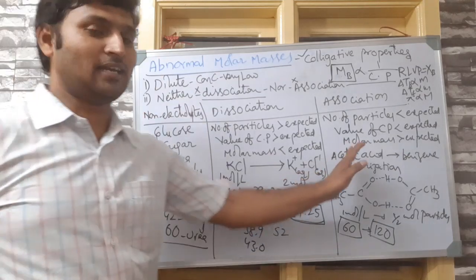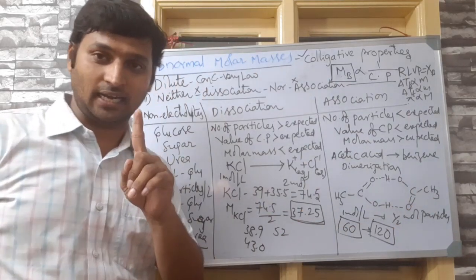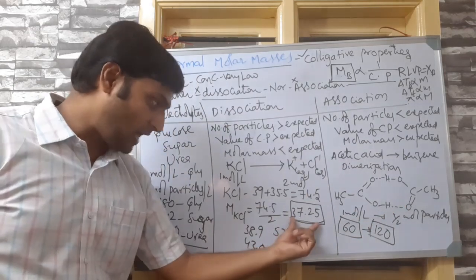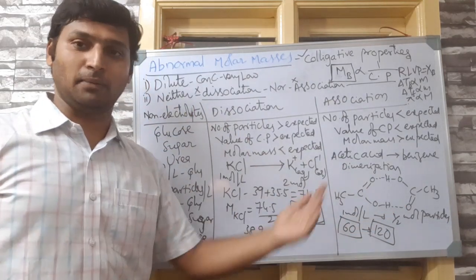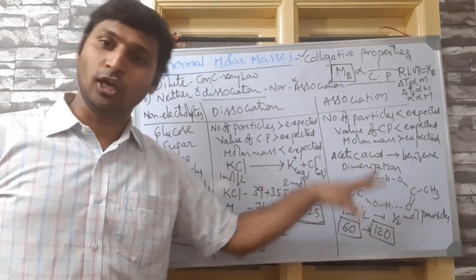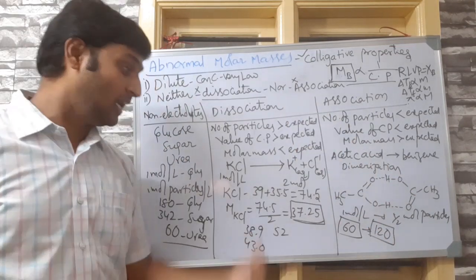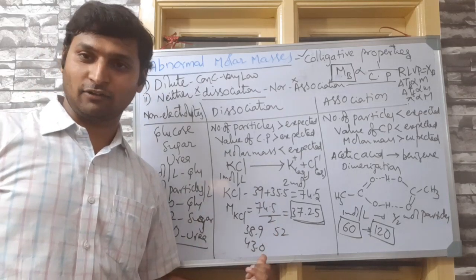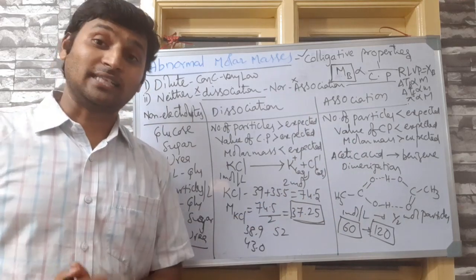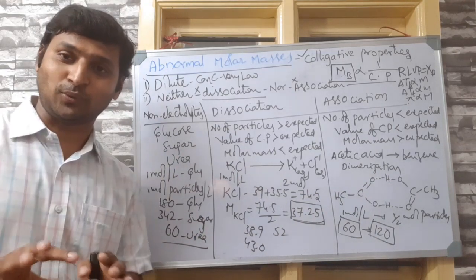Again here, it depends on the concentration and other factors whether the association happens 100% or not. Please understand. If dissociation or association is 100%, then the abnormality also will be as expected. Exactly double or exactly 3 times or exactly 4 times, exactly half or exactly 1/3 or exactly 1/4 you will get if dissociation and association are 100%. But sometimes all the molecules may not involve in association or dissociation. That's why anything may happen.